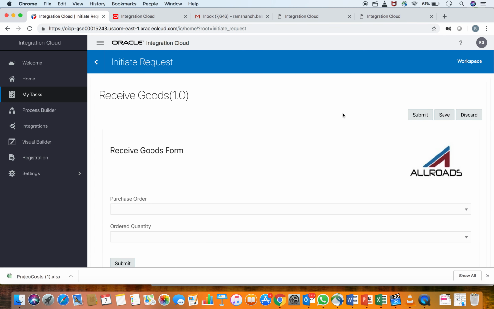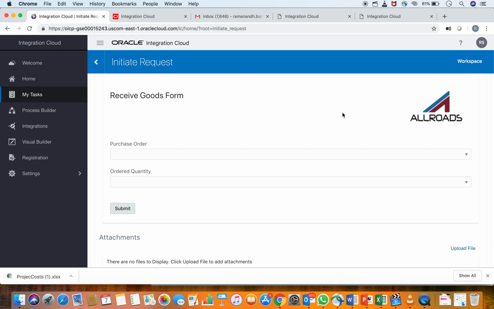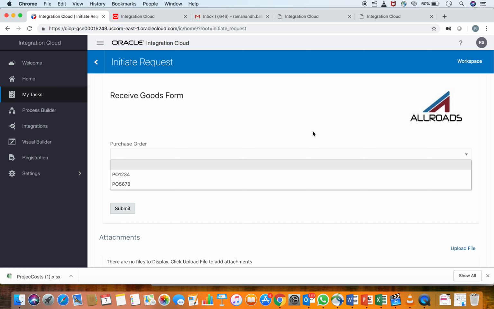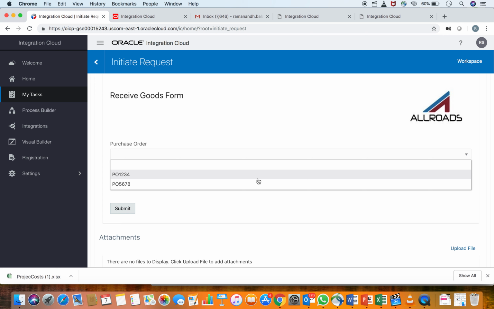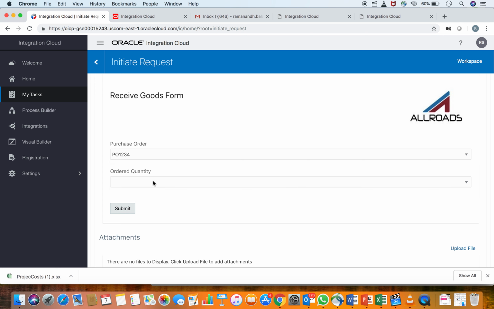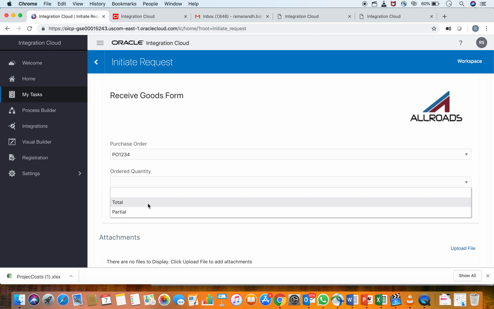Now let's see what happens in the receive goods. So this is another basic receive goods form which I have built in this case for demonstration purpose. So here I'm actually showing all the purchase order numbers coming from the backend system. So I've got 2 numbers. I'm going to choose the PO 1234. And I'm going to check the ordered quantity, whether it's total or partial. I can say the total items has been received or partially few things have been received as well. In this case, I'm going to say total has been received. And if I submit this,